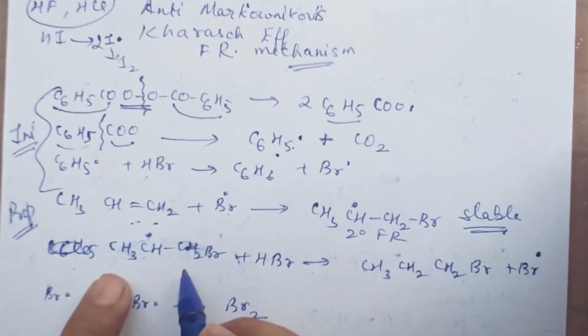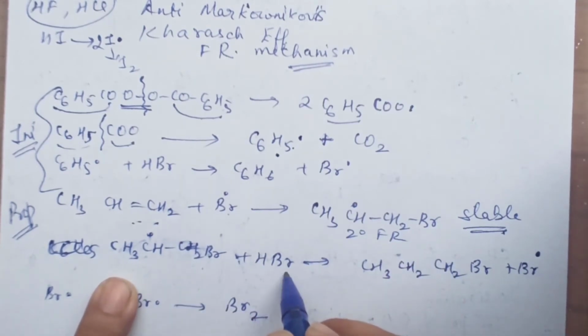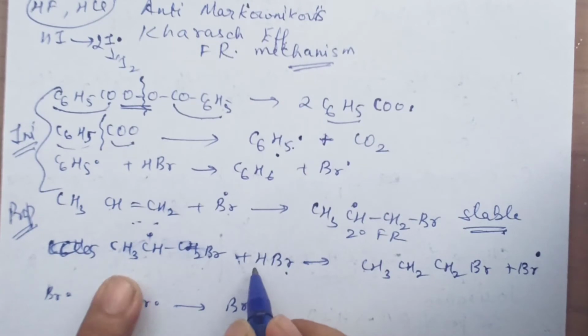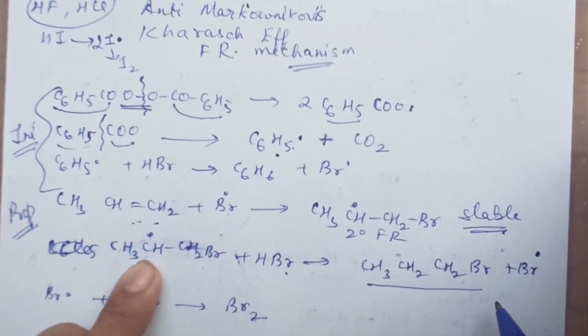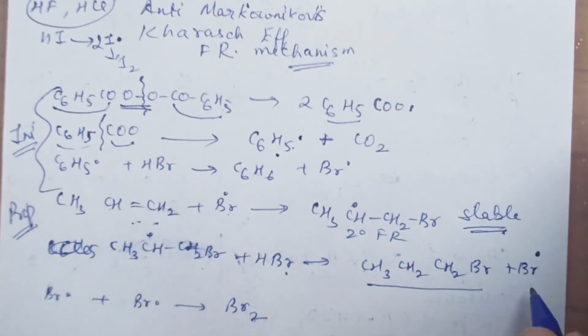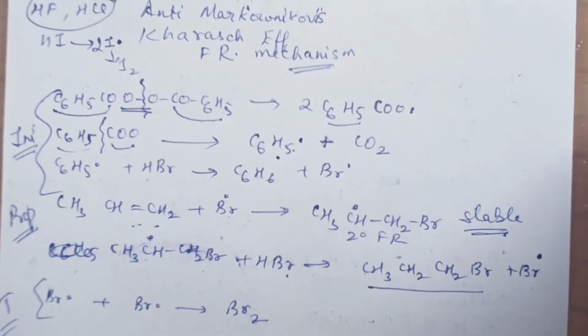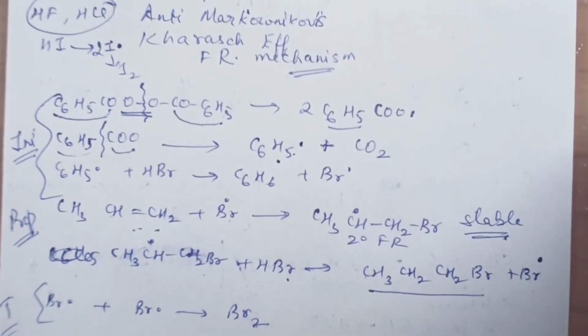So what free radical is obtained? Secondary free radical. This will now react with another HBr molecule, will take H from here and complete it. It will form 1 bromopropane and a Br free radical will be generated, which may carry out further reaction, or in the termination, whatever free radicals are there, they can also combine and form bromine. Okay, so this is only applicable for HBr addition in the presence of peroxide.